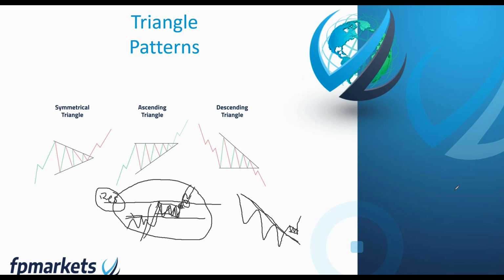The main thing with the flags and the pennants is to look for the flag pole. It has to be a decisive movement, right? It has to be a decisive movement either side of the flag or pennant. That would identify whether you have a pennant or flag in play. Without the flagpole in play, you're dealing with something potentially like a symmetrical triangle or a wedge.